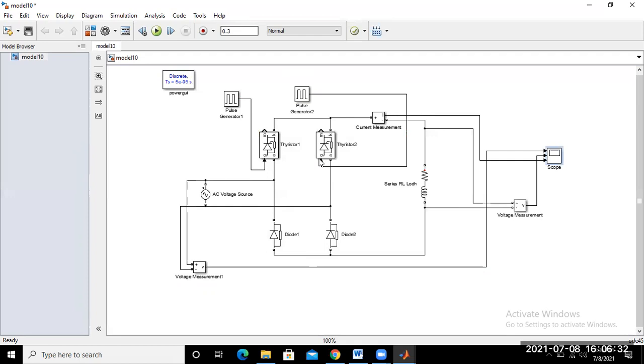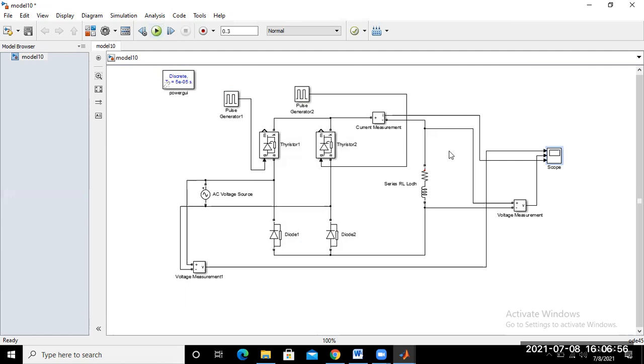Now it is completed, so we can run this model. Click on this point. Now compiling your model. The model has run successfully.